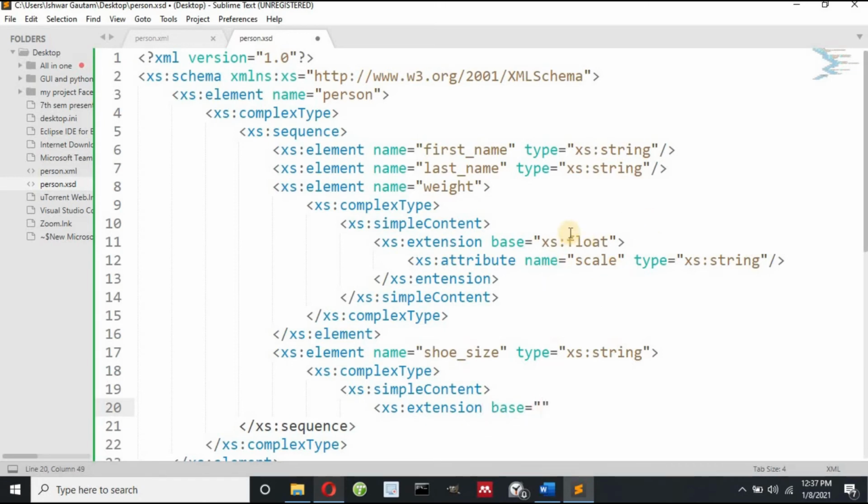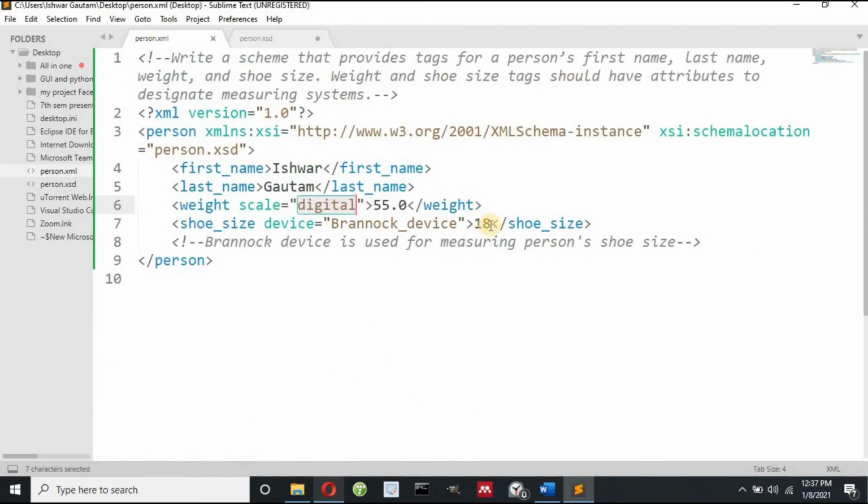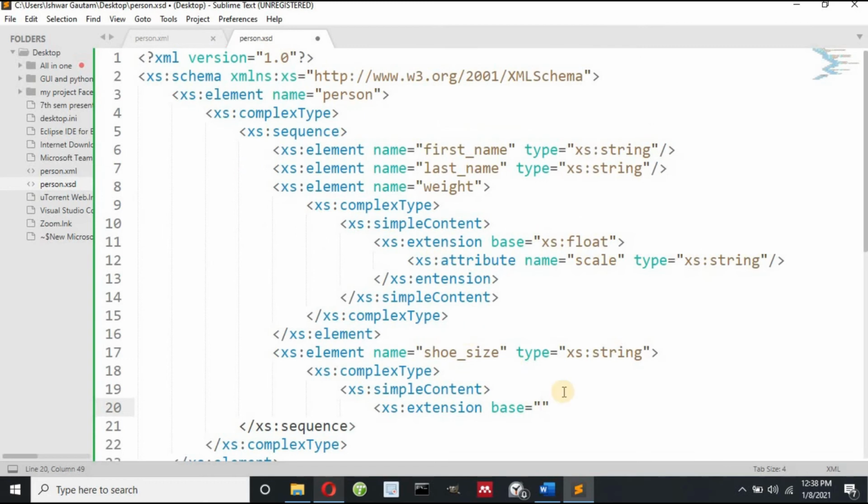Now what is the data type of this size? You can see here I have 18, so this is my positive integer. I can simply write xs:int, or I can simply write xs:positiveInteger.